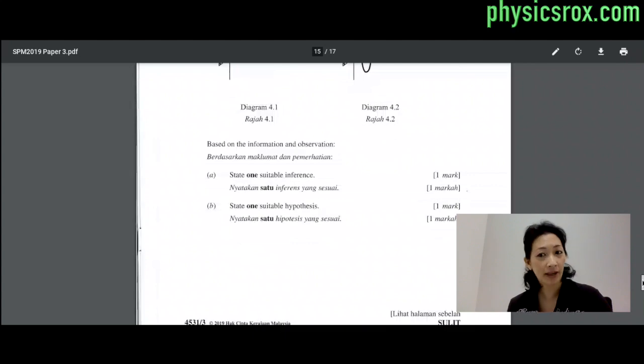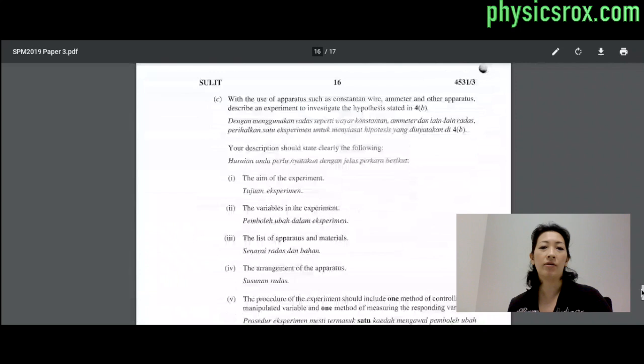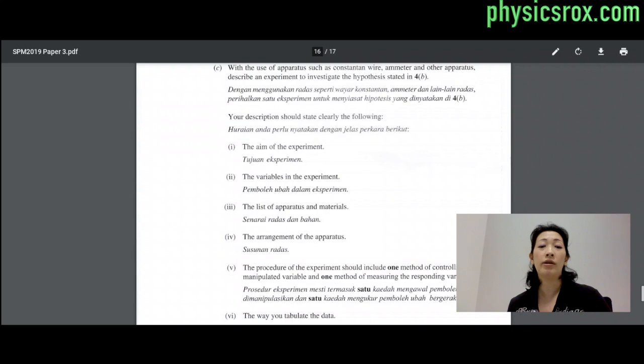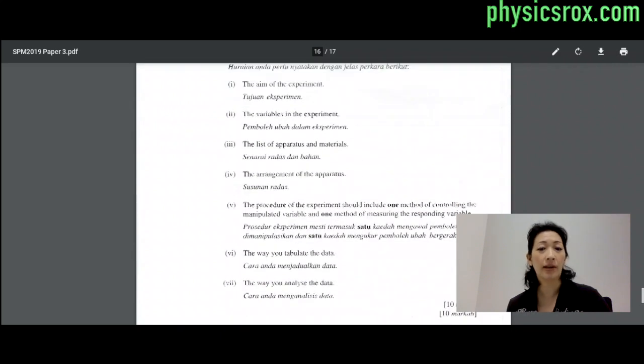So you've got A, inference again, 1 mark. Hypothesis also worth 1 mark. C is also where you need to describe an experiment to investigate a hypothesis. And again, breakdowns of Roman numerals 1, 2, 3, 4, 5, 6, and 7 also worth 10 marks. Same thing. Aim, variables, apparatus and materials, arrangement, procedure, tabulate, and